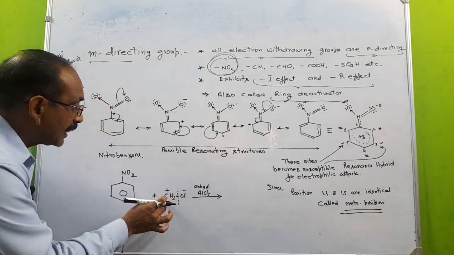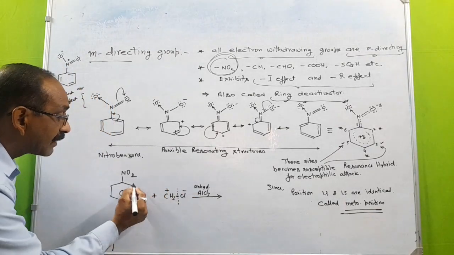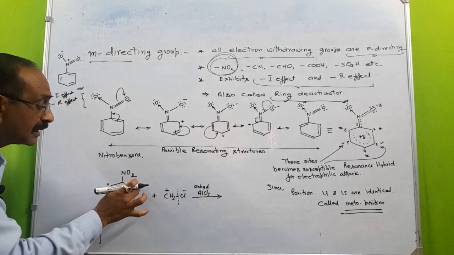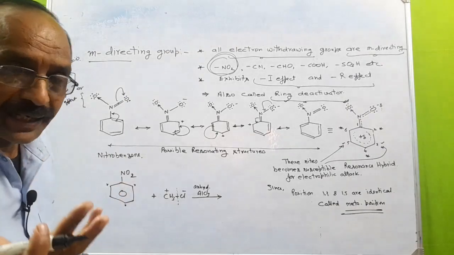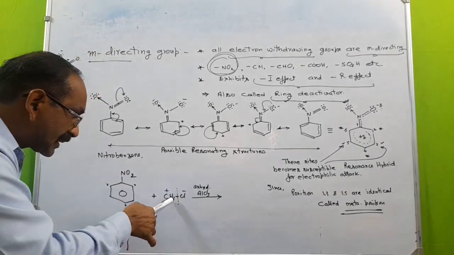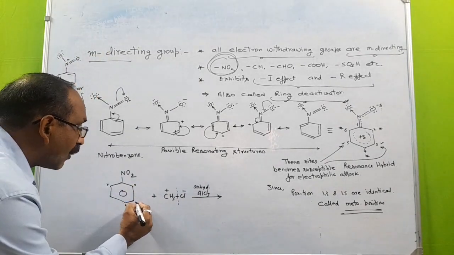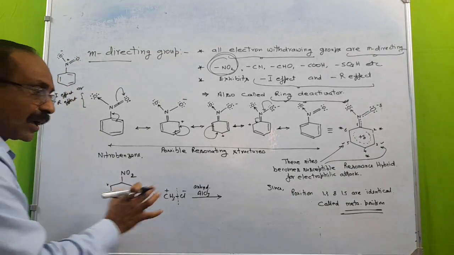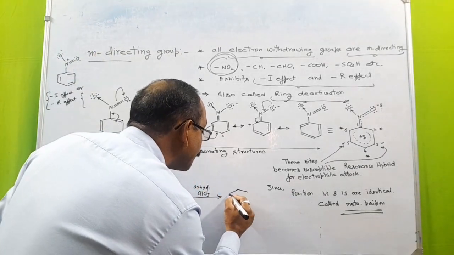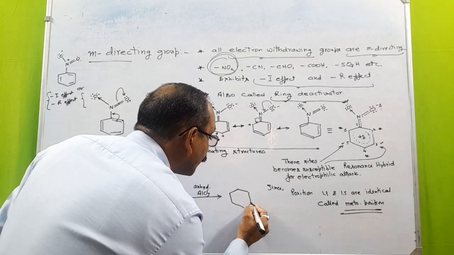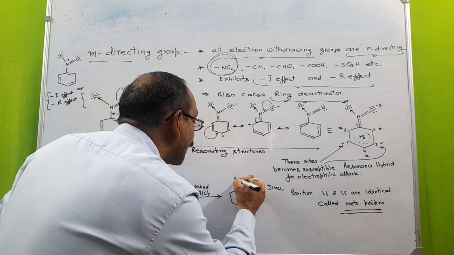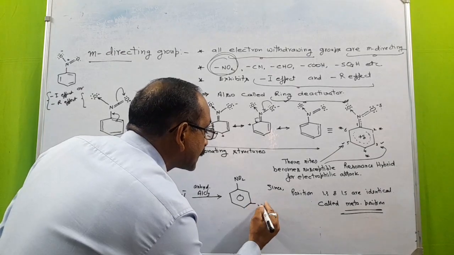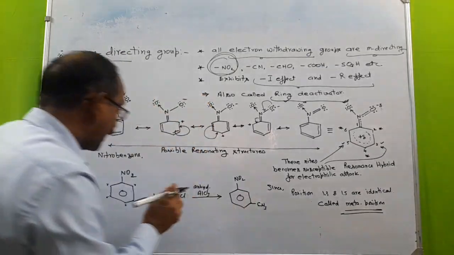Now this electrophile, as it cannot form bond at 2, 4 and 6 because these three sites are already electron deficient, so this CH3 plus will form bond either at 3 or 5, and as these two are identical, here we'll get only one type of product, already NO2, and now this CH3 will form bond either at 3